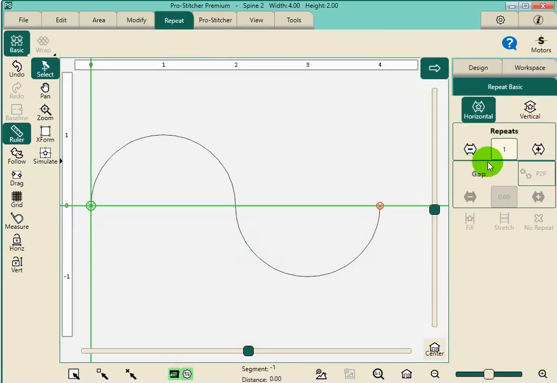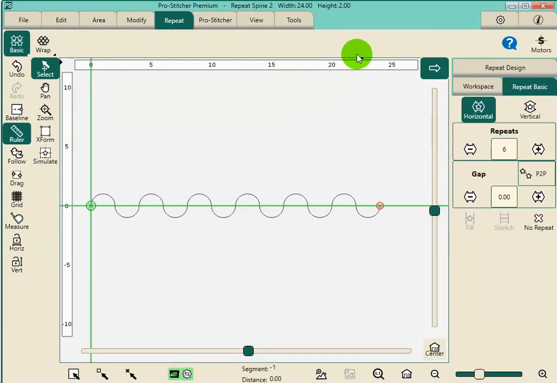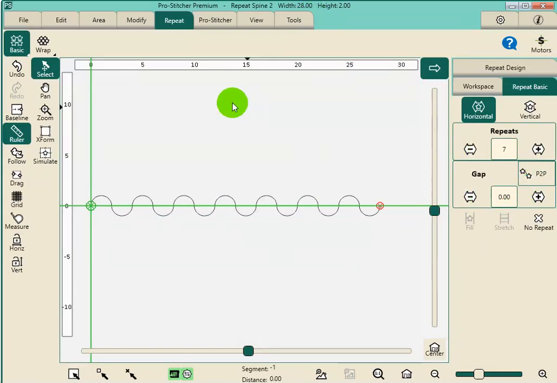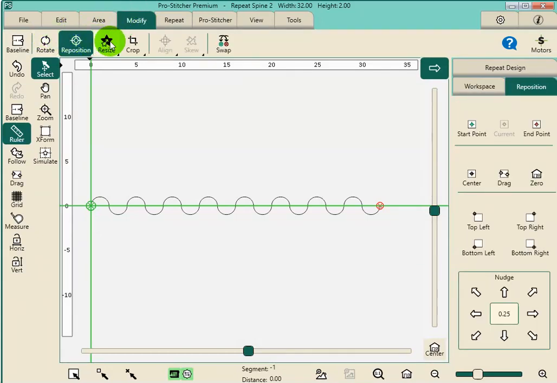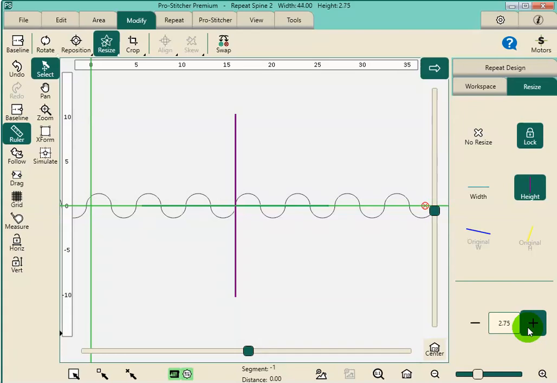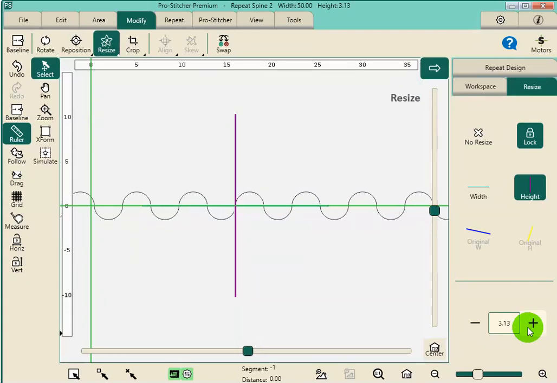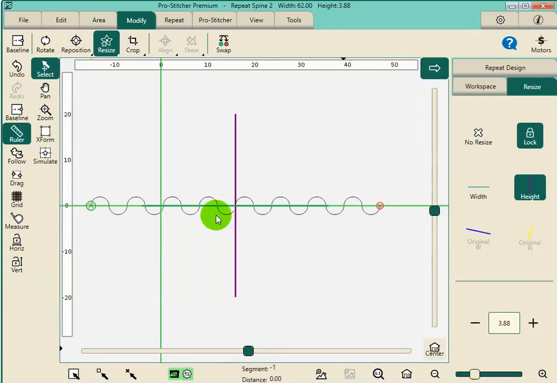We're going to go to repeat. I'm going to make it as wide as my quilt, so you'll see how big it's getting up here. And I think I will make this slightly bigger. Let me get 8 repeats. Let's go to modify and resize. I'm going to lock the aspect ratio so that it's changing both the width and the height, keeping everything the same. Make it a little bit bigger. Okay, refresh, and